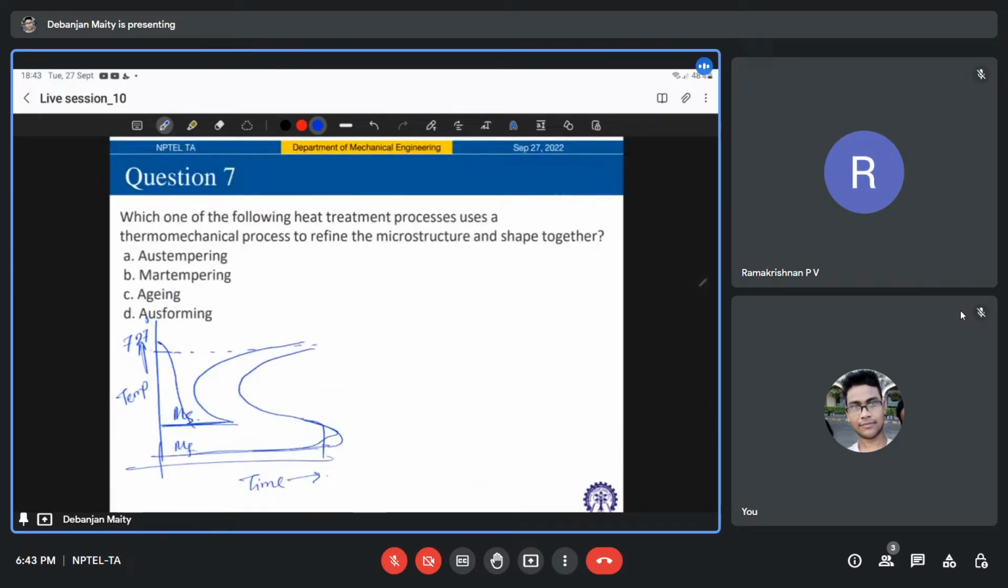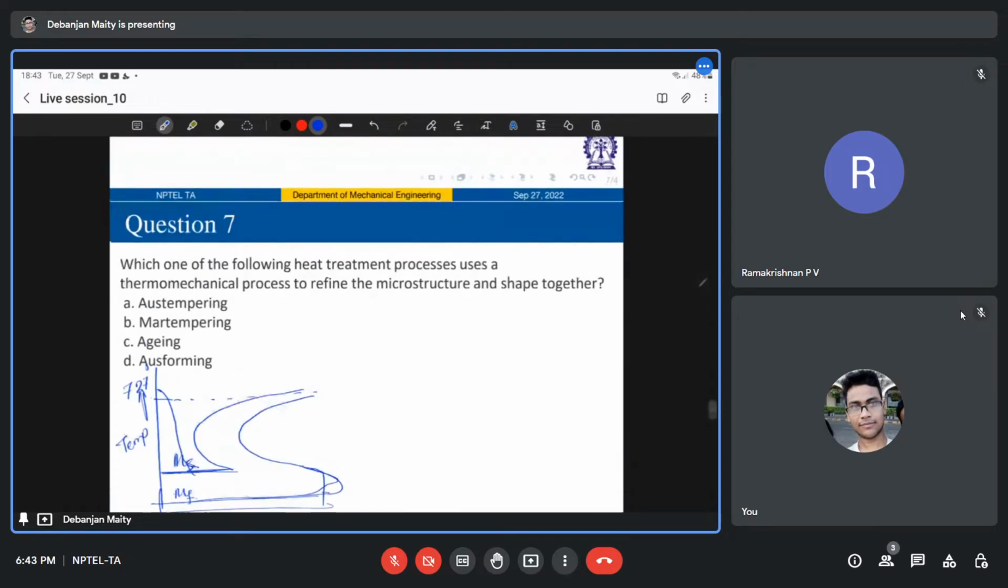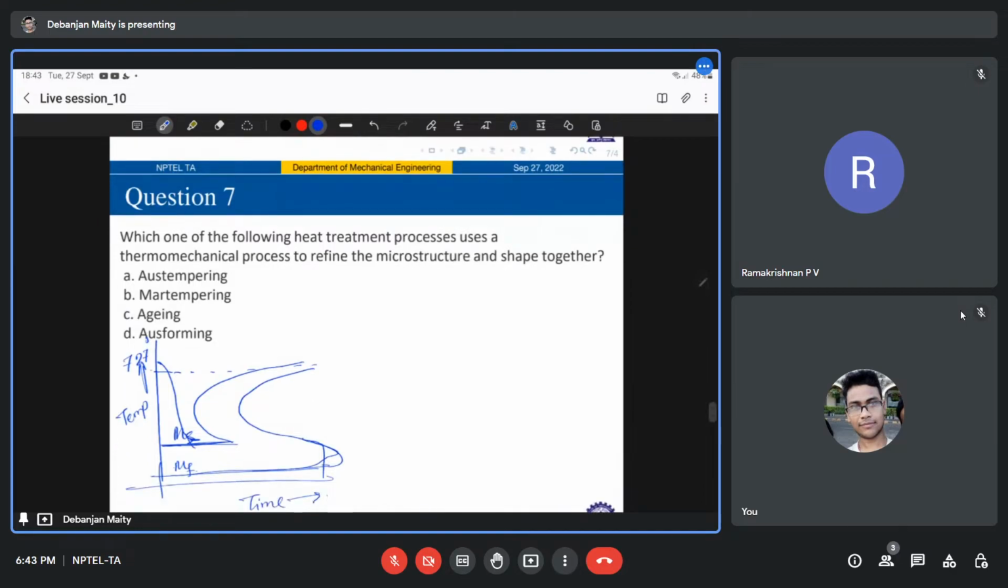You are cooling it like this at some temperature above that martensite start temperature, and then you stay there for a longer period of time, and then you cool it again. So if you see, tempering is used to reduce the crack